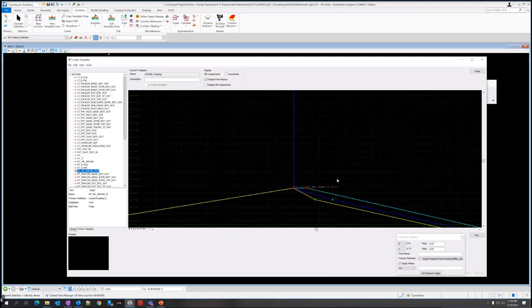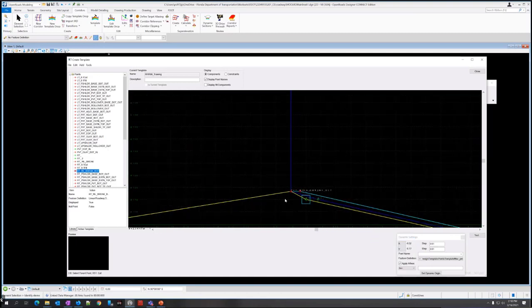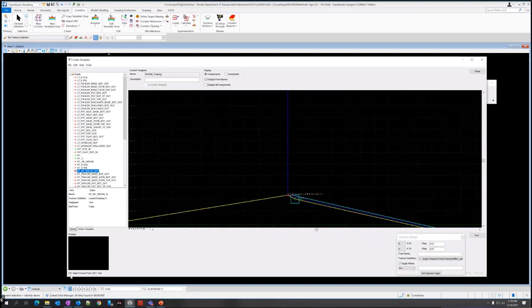So basically we need to constrain the other ones in the same way. There's a couple ways you can do it. One of them, rather than editing the same way, I'm just going to go over here. If I right click on one of the other ones, I'm going to do add constraint and choose full constraint. And if you look down here, there's a prompt that says select parent point, down here at the bottom left of the window.